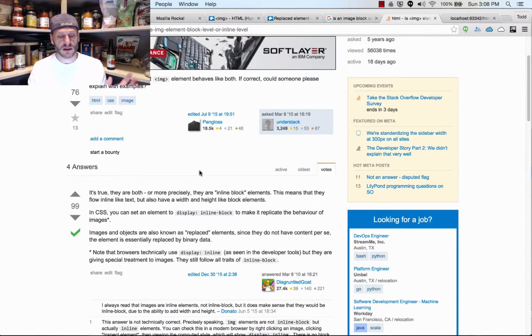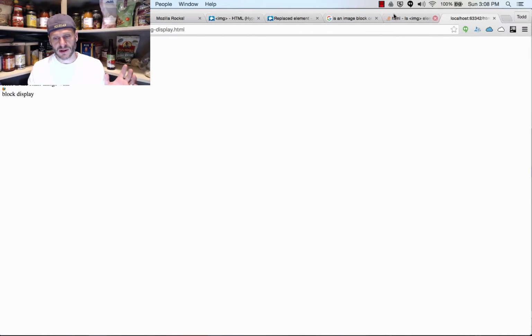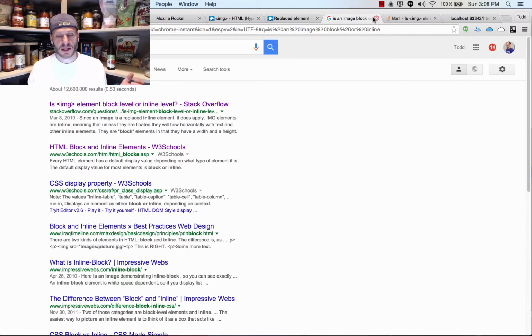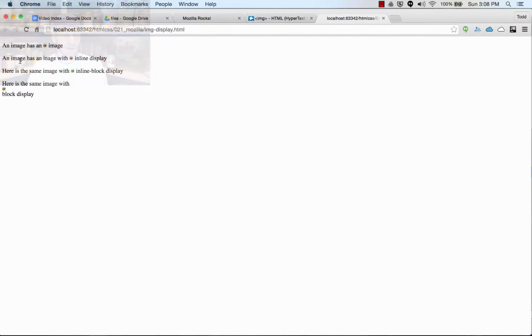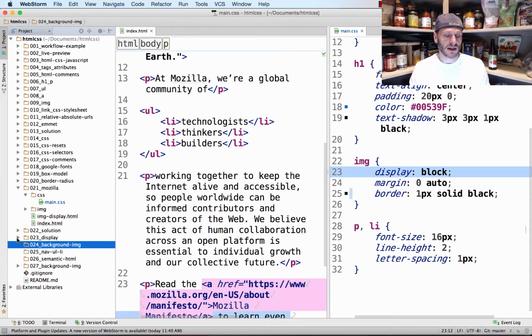And so I then looked on Stack Overflow, and they say images are both inline block elements, so they're both block and inline, right? So that's kind of interesting. But basically I was like, well, let me just go experiment and see what I come up with. So I put together this, and this is from this file right here,